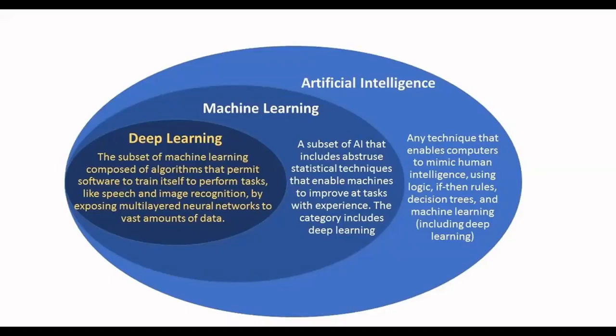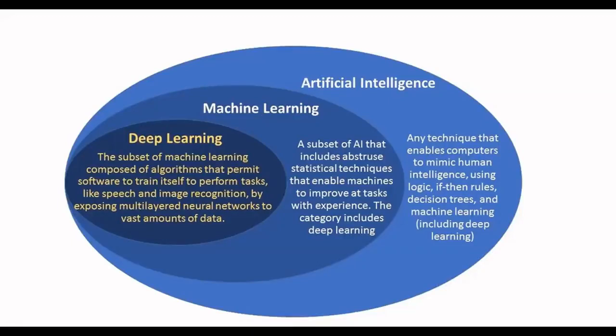Now, machine learning is a subset of artificial intelligence, and it includes abstract statistical techniques. Here we use a lot of maths and a lot of statistics, and it enables a machine to improve at a task with experience, and the category includes deep learning. So in machine learning, we use a lot of data, and we play with some statistical techniques to create AI. And deep learning is a subset of machine learning,